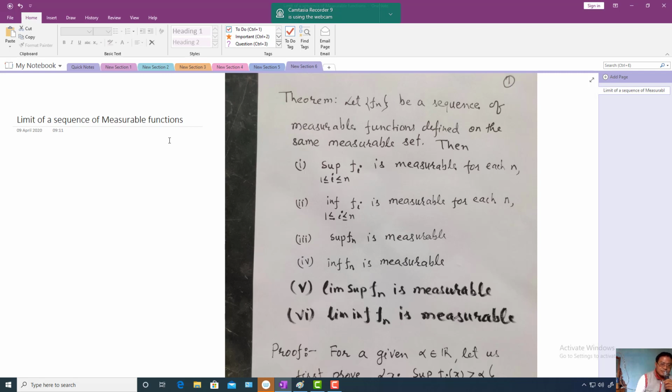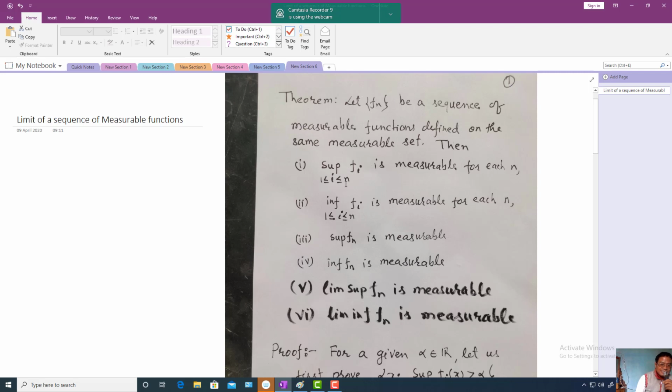You have a sequence of measurable functions; the limit of the sequence is also measurable. So this is the theorem. Let Fn be a sequence of measurable functions defined on the same measurable set. The domain of definition of each member of this sequence is the same, and the domain is a measurable set also. Then the supremum, or maximum function,